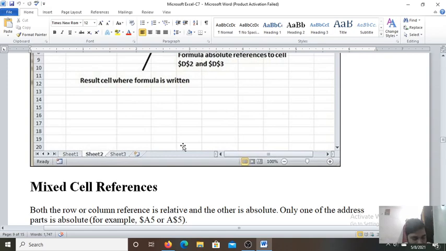First of all, we have to click on the sheet 2 tab and enter the data as shown in the figure. So let me open it and we'll enter some data and then I'll show you.